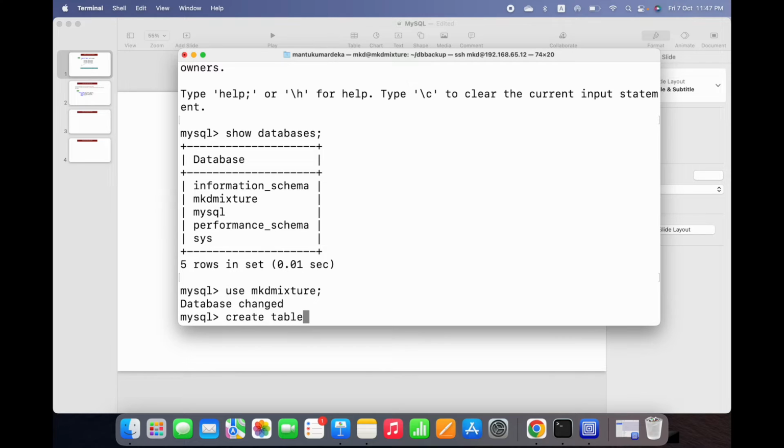Create table, and for the table name we are creating an employee table, and then we need to start the bracket, and then the first column is employee ID. Okay, so emp id will be integer. Integer is a data type. We'll discuss this data type in another video. So employee ID will be integer, and then